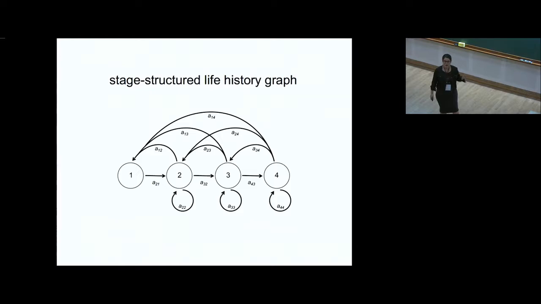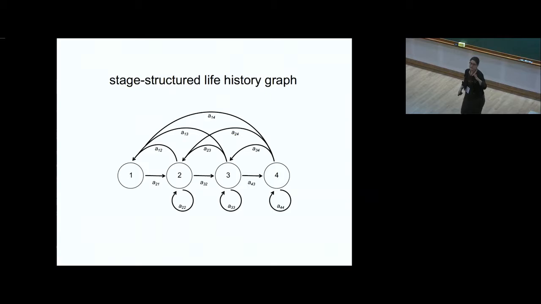But then we can say, well, what about the kinds of organisms that we're interested in? These are no longer ages, they're stages. And so while you can move to the next stage, you can also stay in the same stage, because it might be the size, like the size of a cluster of plants, or the size of a coral colony or something else. And for my models, I always let stage 1 be sexually produced organisms if there's sexual reproduction. So we have sexual reproduction, but there's also other kinds of transitions.